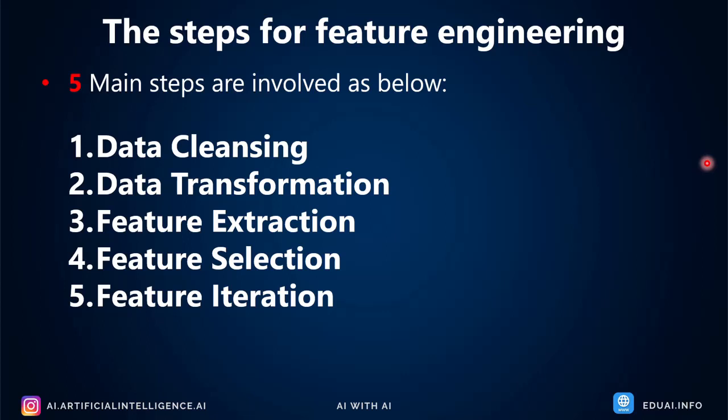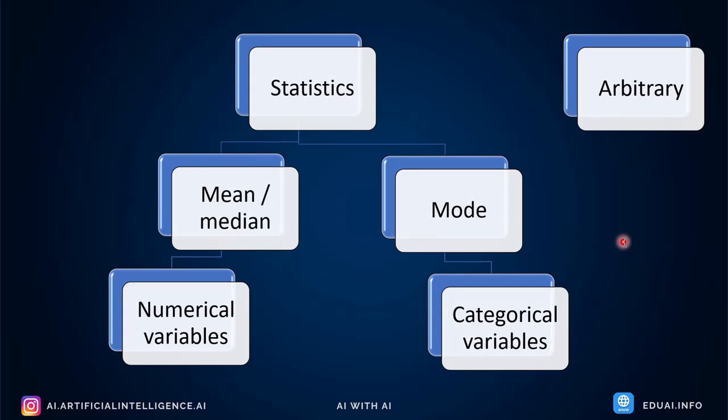And what are the different imputation techniques that we have? Let me talk about that quickly. As you see in the diagram, we have two ways: statistics imputation and arbitrary imputation. Statistics is the most famous one and generally used. For statistics imputation, we use mean, median, or mode. Mean and median are mainly used for numerical values, and mode is generally used for categorical variables. Wherever we have numerical values, we use mean or median, and wherever you see characters, categorical variables, we use